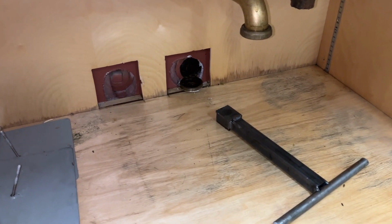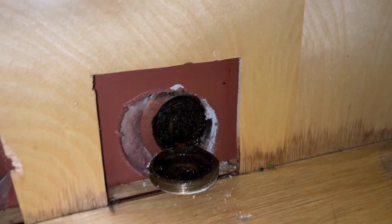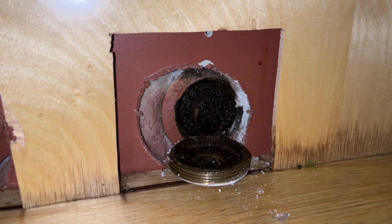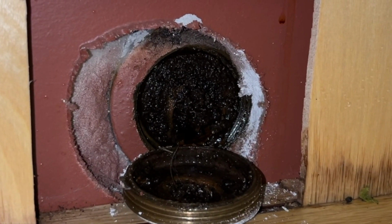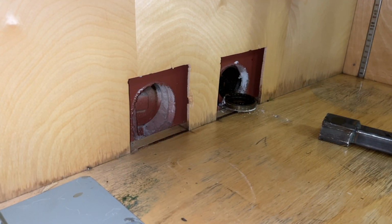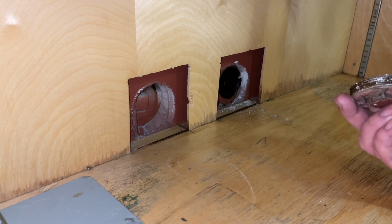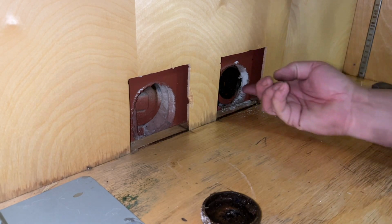So the lid's off, the cleanout lid, the cap, and yeah, there's our problem. As I suspected, kids have been washing their shoes, and it is completely plugged with dirt. That's dirt. I really don't know what's gonna happen when I start pulling this out of here. I should probably have gloves on, but